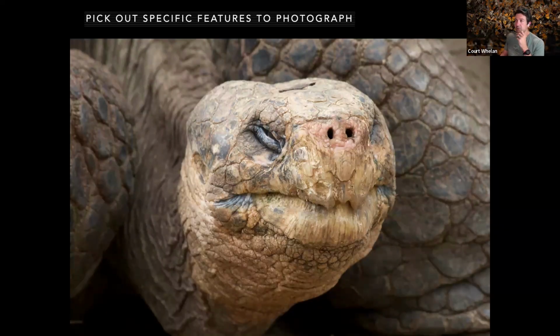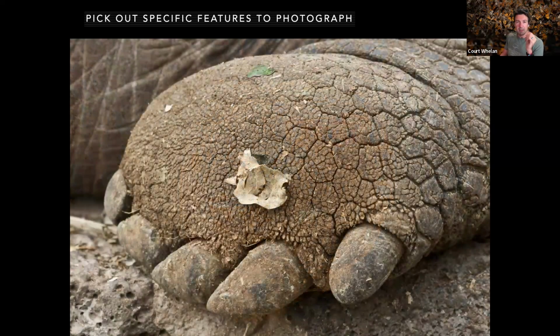And I think this Galapagos Islands tortoise is a great example. They're an amazing animal, but I have to say, when you are there seeing them and photographing them and trying to get their whole entity and their grandeur all in one shot, it's actually kind of tough. They don't look crazy impressive when you just get this half-dome tortoiseshell sitting in the grass. But as soon as you start breaking it down into parts, and thinking, okay, I'm gonna get a photo of just its eyes and its beak and its nose, a big full frame shot. I'm gonna get a photo of this rough, grizzled foot pad and really zoom in